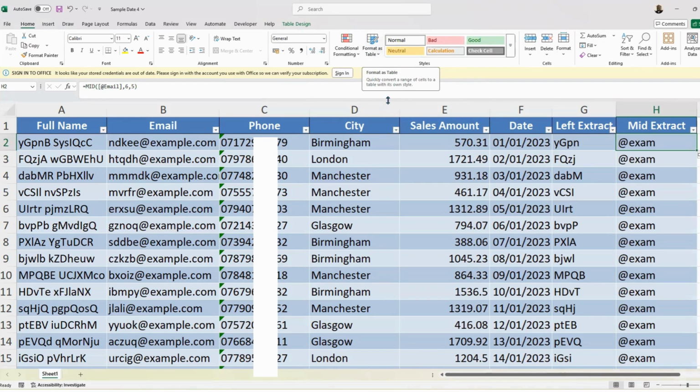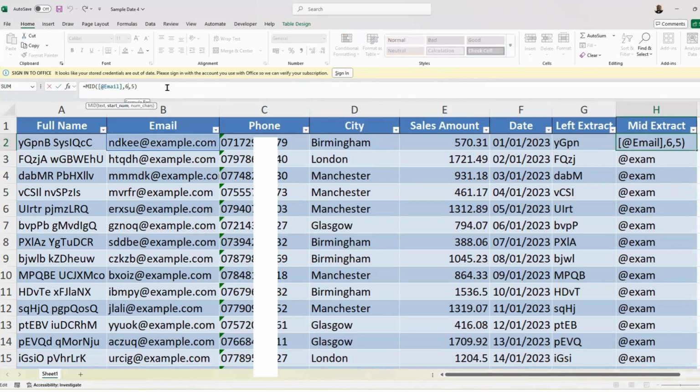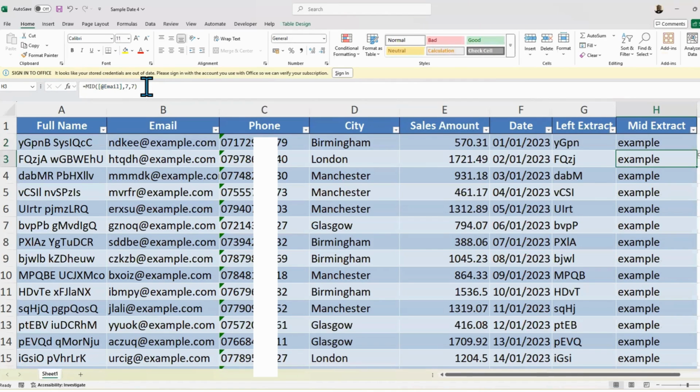For example, what if I don't want the at to be there? I just want from the 7th, and then I want it to be 7 characters. And then I press enter. So it gives me just the